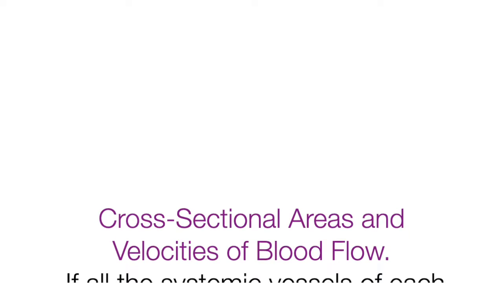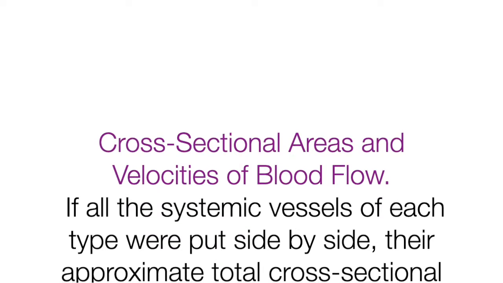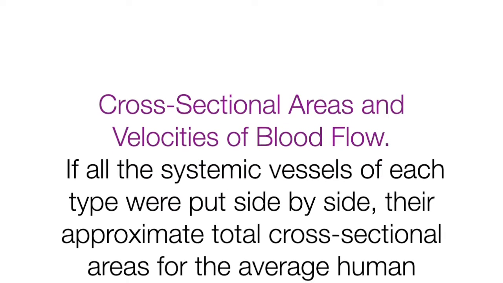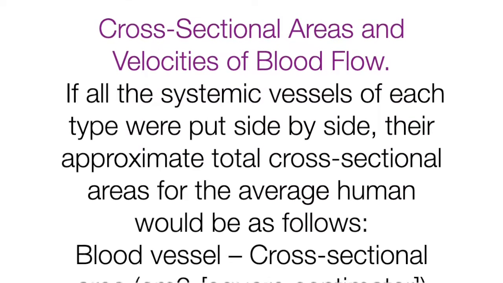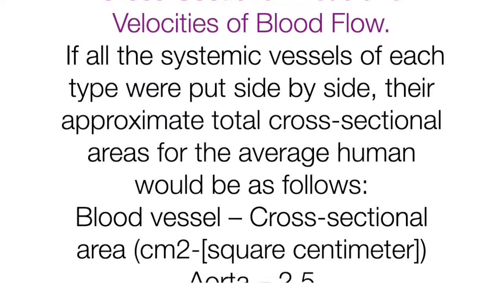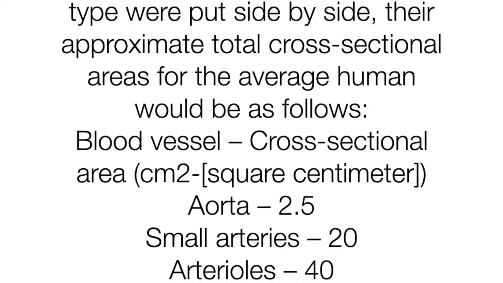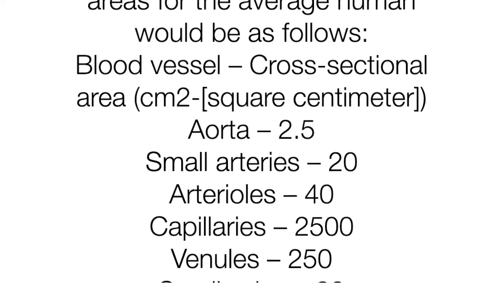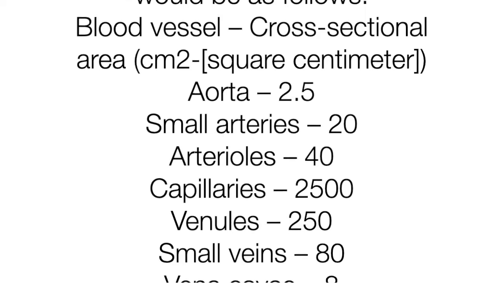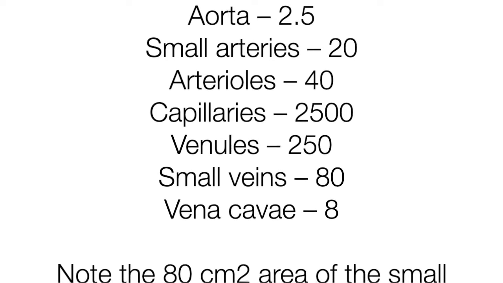Cross-sectional areas and velocities of blood flow. If all the systemic vessels of each type were put side by side, their approximate total cross-sectional areas for the average human would be as follows. Blood vessel and cross-sectional areas in square centimeters are shown: aorta 2.5, small arteries 20, arterioles 40, capillaries 2500, venules 250, small veins 80, and vena